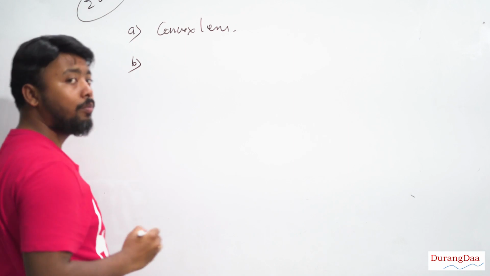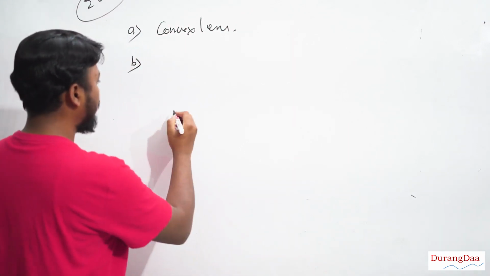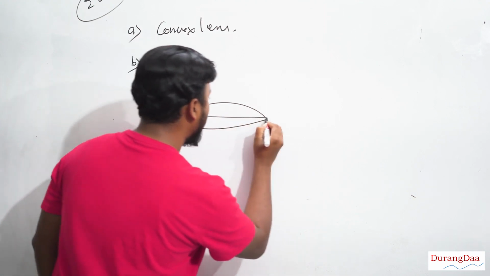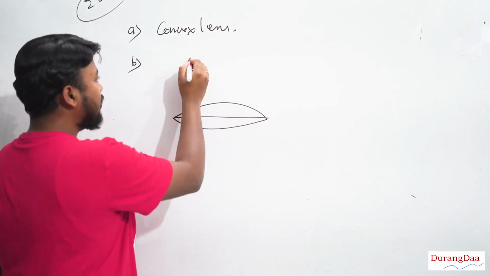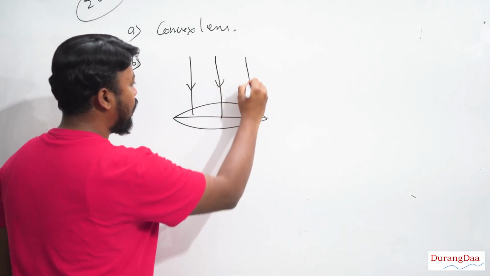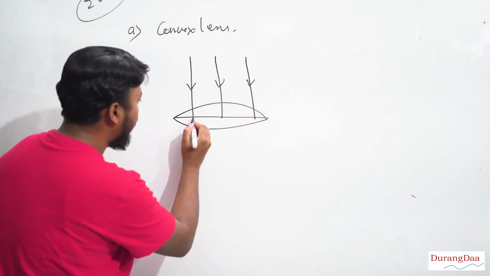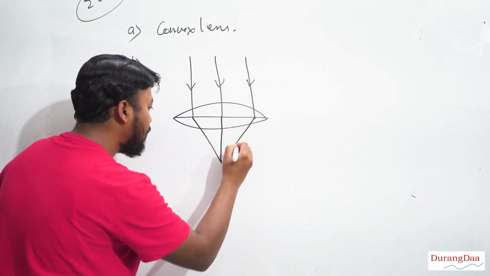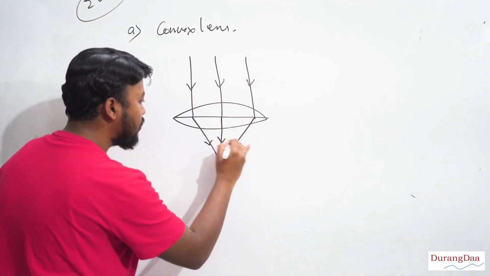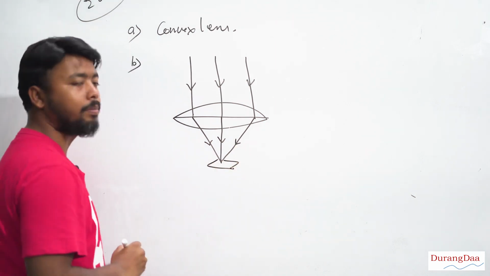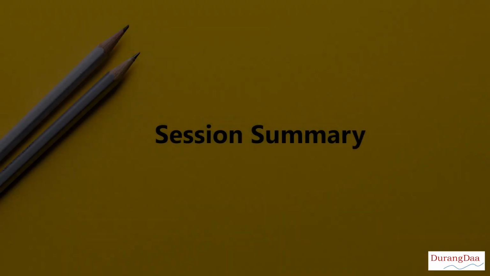Second part, you have to draw a ray diagram for it. So how you use that magnifying glass or convex lens? Suppose this is your magnifying glass, convex lens, sunlight falling on it, parallel light rays are falling on it. Now after passing, we know that because this is convex, it will make the parallel light rays converge and meet at a point. This is where you will place your piece of paper if you want to burn it.